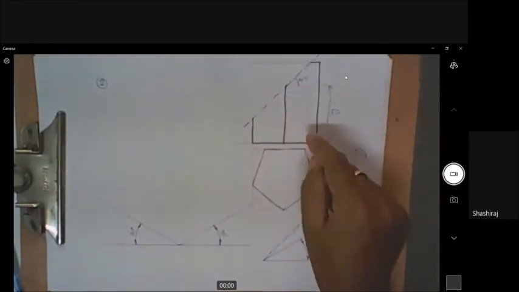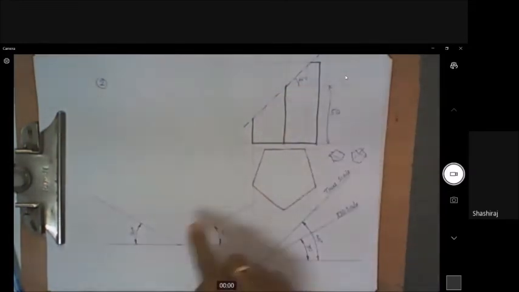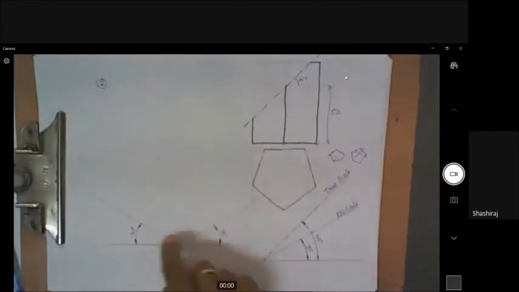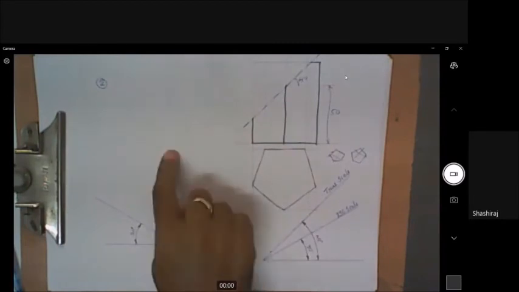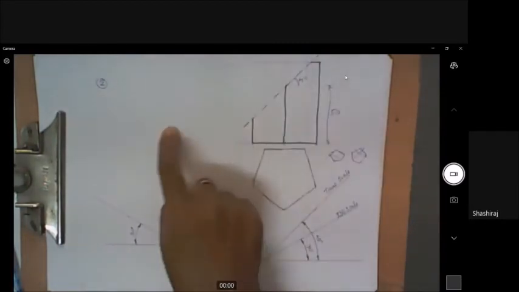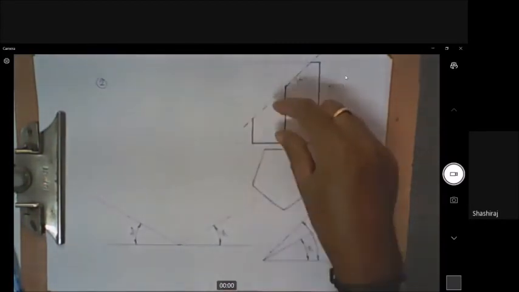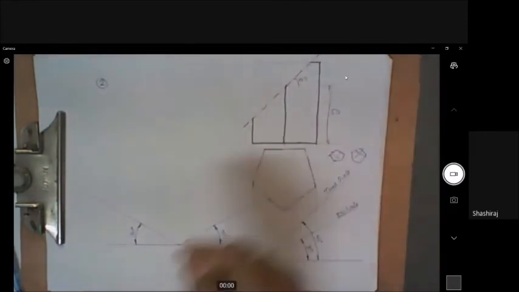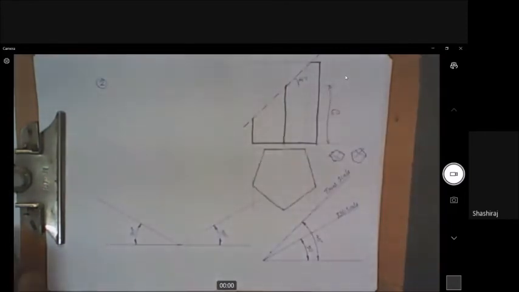And when we start the isometric, we know that we start from the base. Base is a pentagon. So we can construct this pentagon isometric view and give the height. We get the top face also here. Then we'll try to transfer these isometric distances wherever these edges are getting cut. Those points we'll try to transfer. That is how we need to do now.